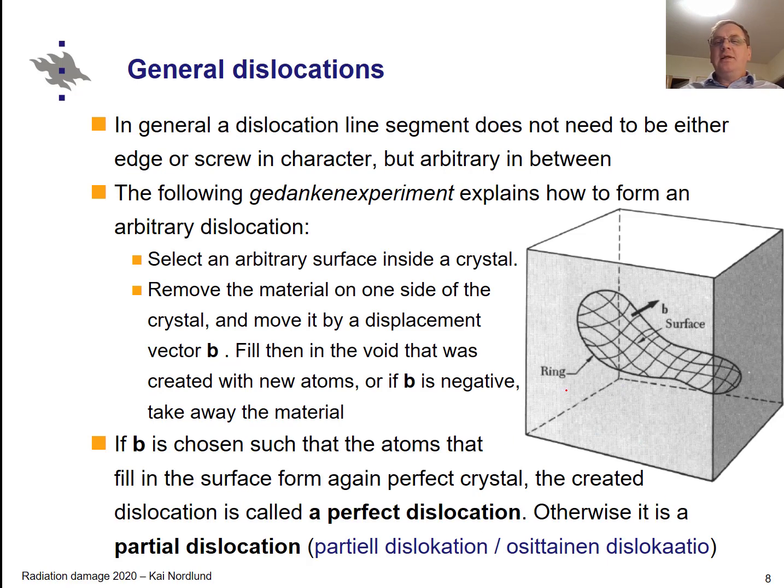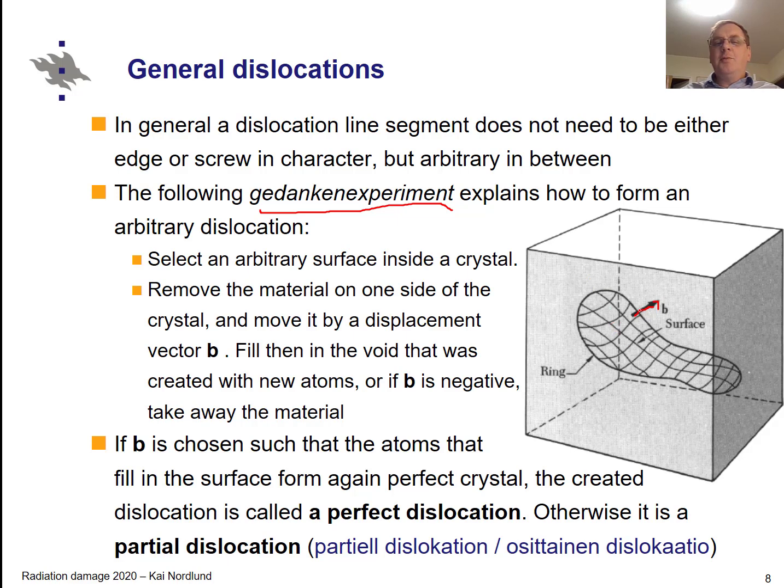And this, that it can be in principle any, can be understood by this thought experiment, Gedanken experiment. Say you take a perfect crystal and then you select an arbitrary surface. This can be of any shape inside the crystal, and then remove the material on one side of the cut. You can imagine that we cut all bonds along this surface, and then move all the atoms by some vector b. And then you create some empty space and you fill this empty space with new atoms,